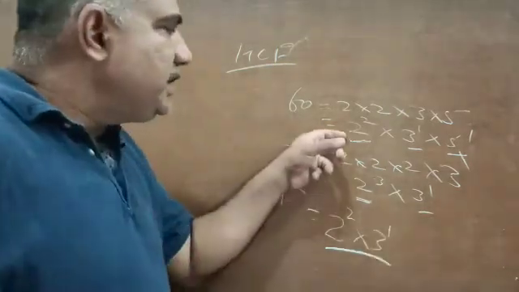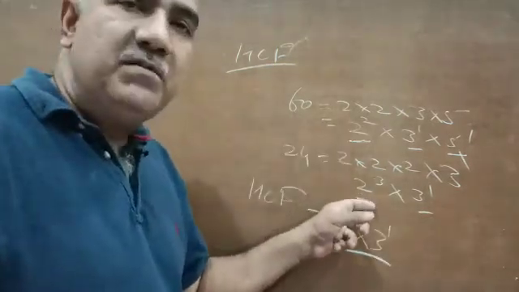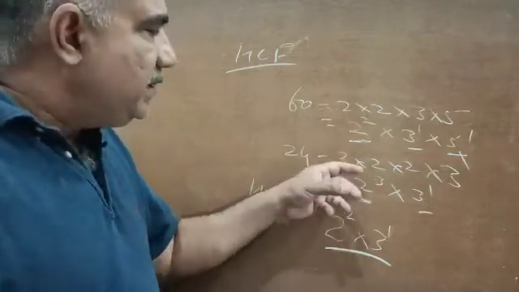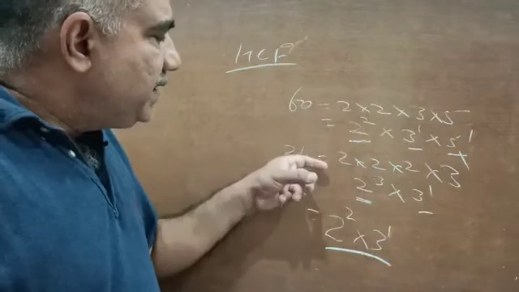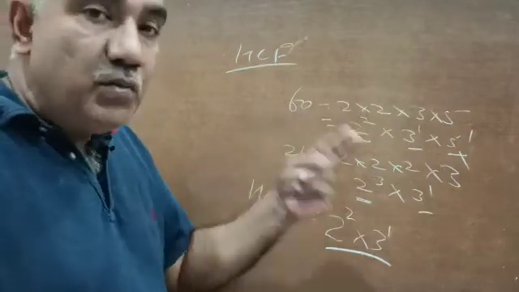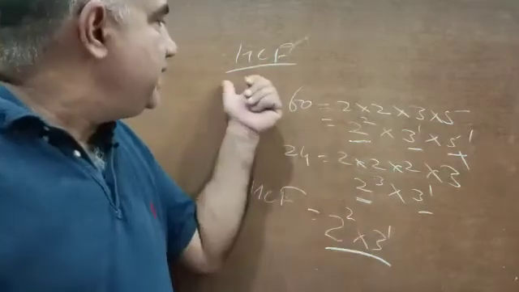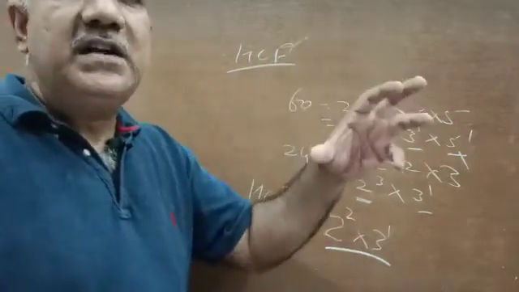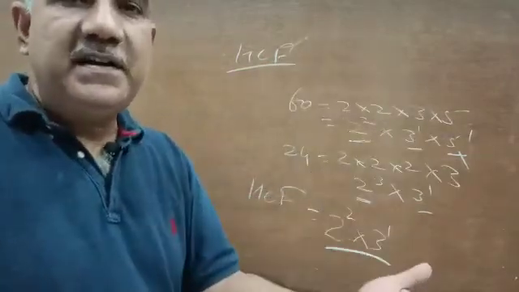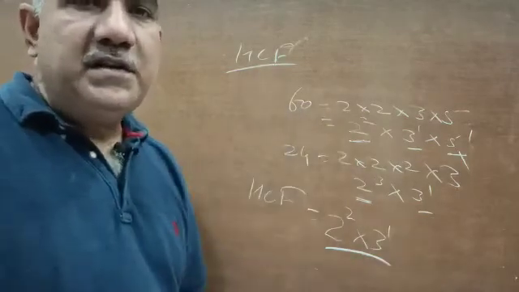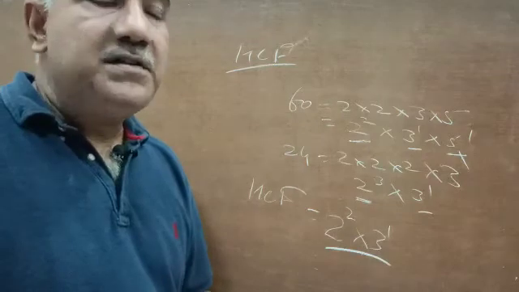Now here 2 was having power 2, here 2 was having power 3, so the least power has to be taken, because then 2 is common in the prime factors of 24 and 60 twice, not thrice. So we cannot take 2 raised to power 3, we have to take 2 to the power 2, that is by definition, because we were to take only the highest common factor, the factor that is highest and also common to all the given quantities, that is here 60 and 24.